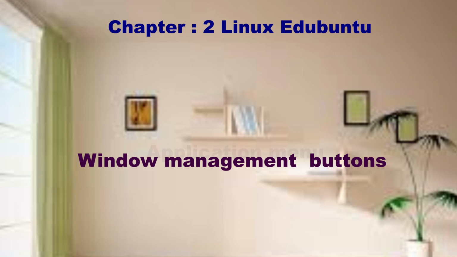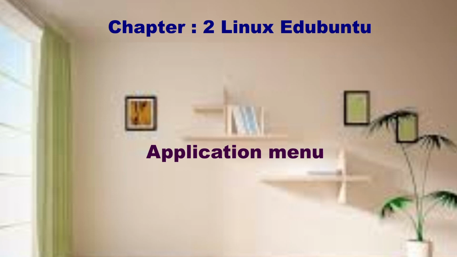Now the second menu, that is Applications menu. It is located to the right of the window management buttons. Now the third, that is Status menu. There are different status menus on the right side of the menu bar like Clock, System Settings, System menu, Messaging menu, etc. You can use these options to check and modify the state of your computer.